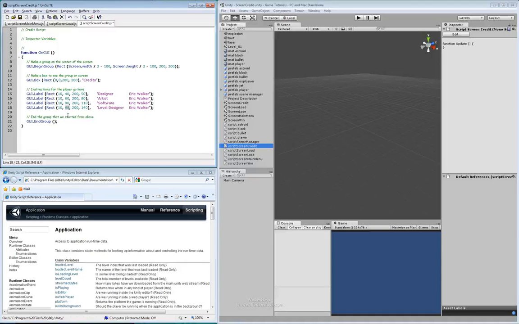And that's going to put us at, let's say we're 40, if we're going 50, let's go 70. And let's set this one to 100. And let's set this one to 130. There we go. We end our group. And the one thing that we could do, we could end our group here, or we